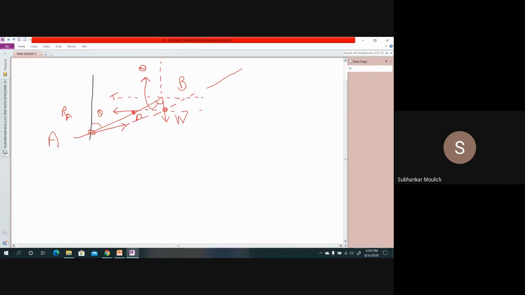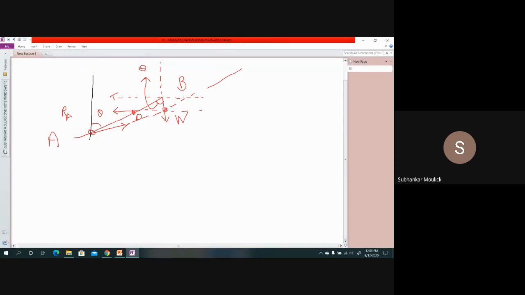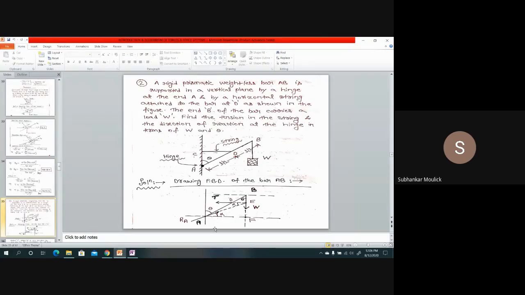This is my complete free body diagram, and let us assume that this reaction RA is making some angle, say alpha, with respect to the horizontal. So in the question you have to find out the direction of RA, that means this alpha, and this tension T you have to find out. And this particular point is my equilibrium point. Is the free body diagram clear for this question? That means this diagram, is it clear? क्या किसी को कोई डाउट है FBD में?